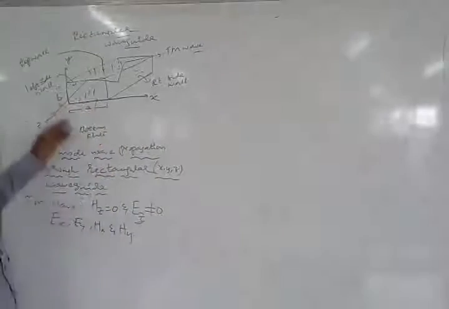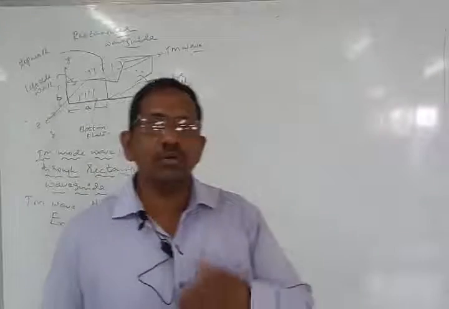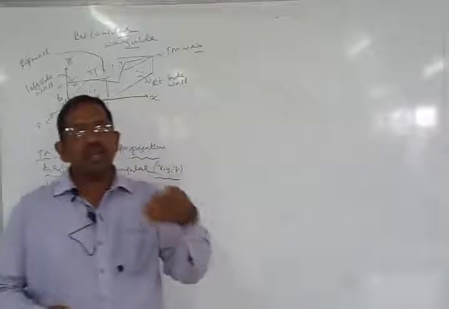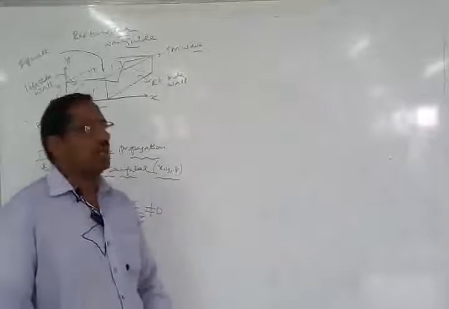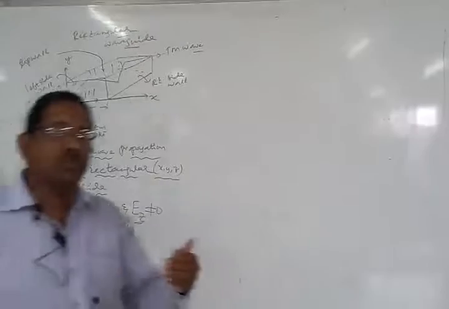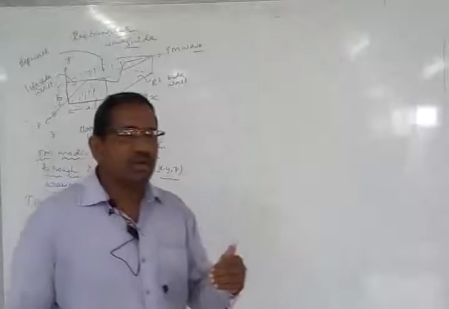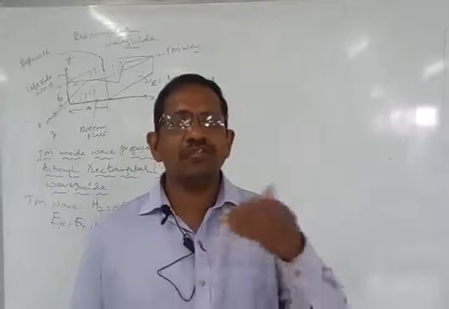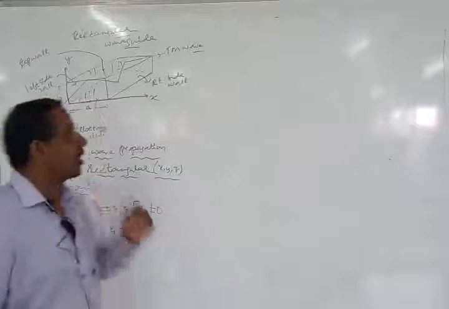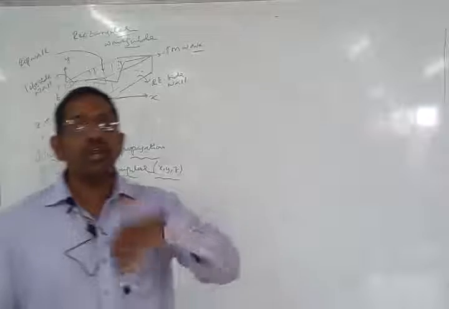Now, an antenna is actually going to radiate an EM wave by taking electric as well as magnetic fields. Coming to the waveguide, either we have to allow the TE mode signal or we have to allow the TM mode signal. Only one field is enough, either the electric field or the magnetic field is sufficient to propagate through the waveguide. So the antenna actually is going to radiate the EM wave.